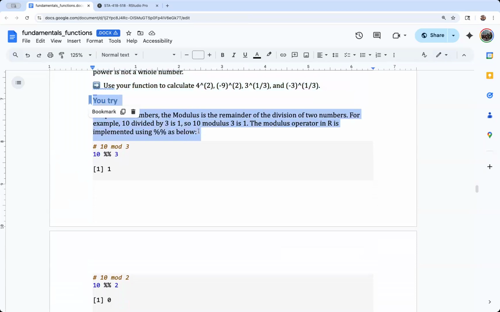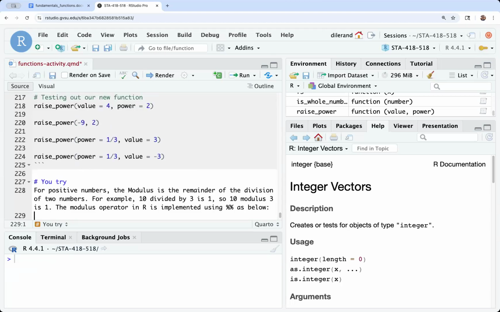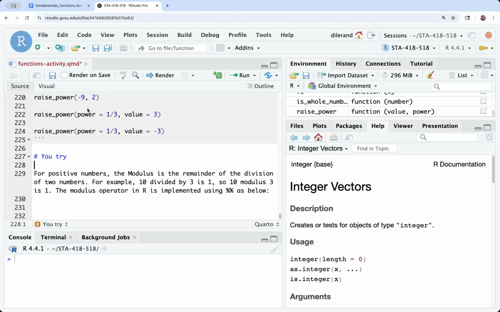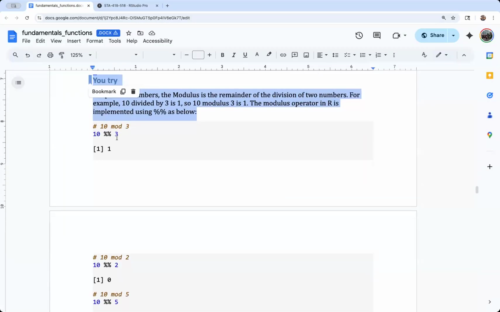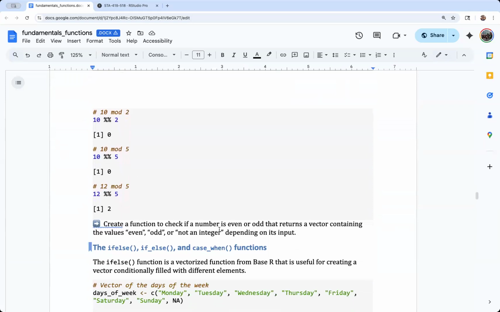Let's look at another Try It part here. Okay, considering this modulus operator again. So 10 mod 3 is 1 because 3 goes into 10 3 times with 1 remainder. 10 mod 2 is 0 because 2 evenly goes into 10. 10 mod 5 is 0. All right,